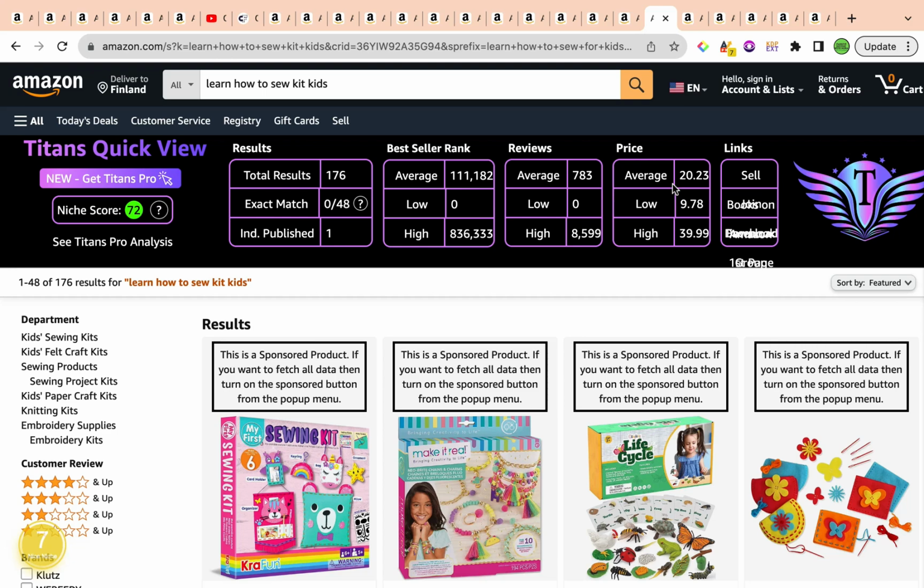Also, you can sub-niche even further, where you could create books that contain 30, 40, 60 step-by-step projects condensed in a book for learning how to sew for kids: animals, learning how to sew cute things for kids, learning how to sew dolls for kids, and so forth, mini pillows or anything like that for children,